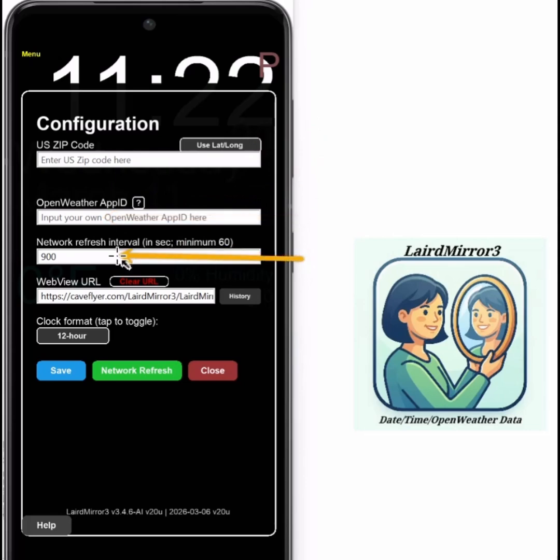the network refresh interval field, the default is 900 seconds, the clear URL button that will empty the WebView URL field, the WebView URL field, the history button, to view previous URLs, the 12-hour/24-hour toggle button, the close button which will close the configuration screen without saving anything,